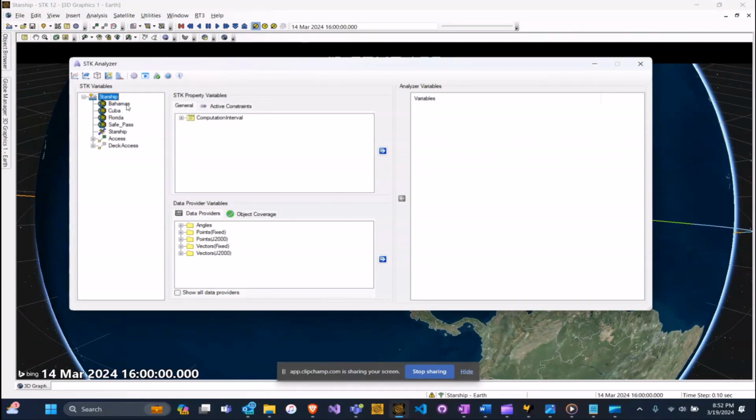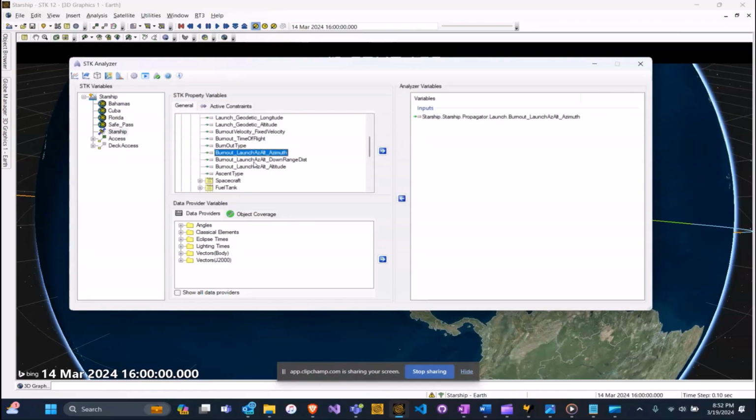I have various STK variables on my left panel here, so I have all of my objects, and whenever I click, for example, Starship, it opens all of the properties of this object or all of the data providers of this object. So here I'm interested in varying the launch azimuth, the launch burnout azimuth, and downrange distance. So I'm going to select these two here by going to the propagator folder, opening the launch sequence, and finding these properties that I can modify here